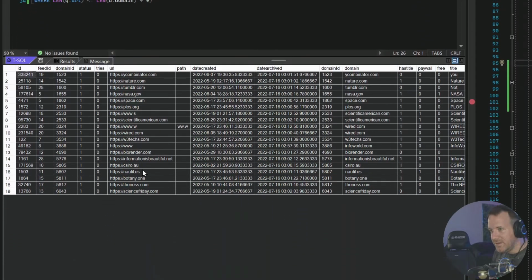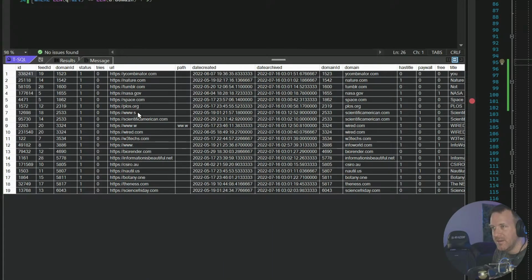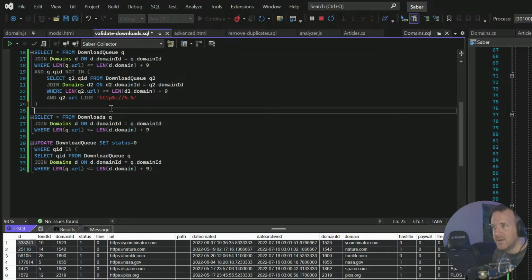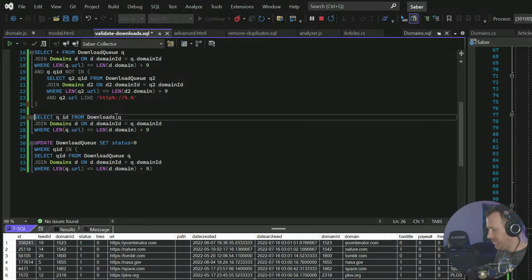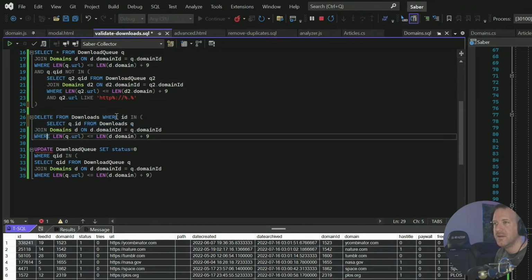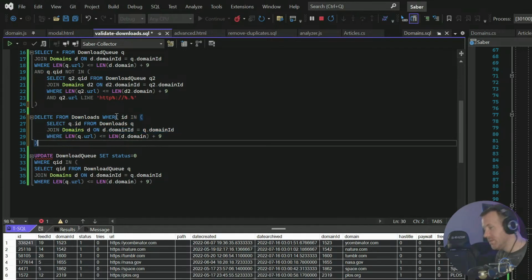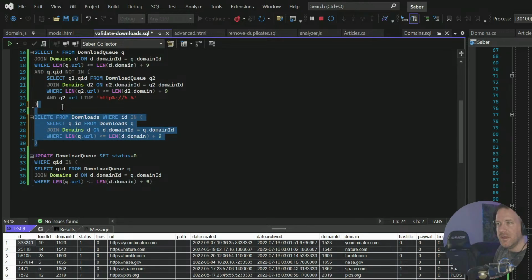Yeah, see all these? Oh my god, what the hell is that? Let's see. Q.id. So, okay. Delete from downloads where ID in... okay. And